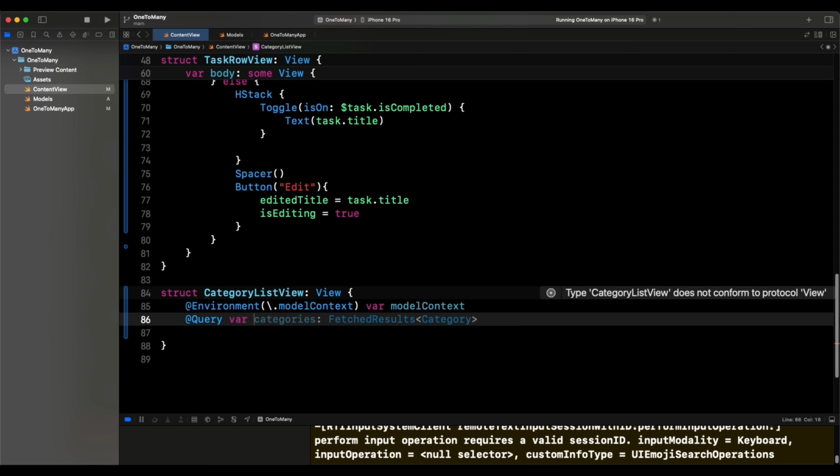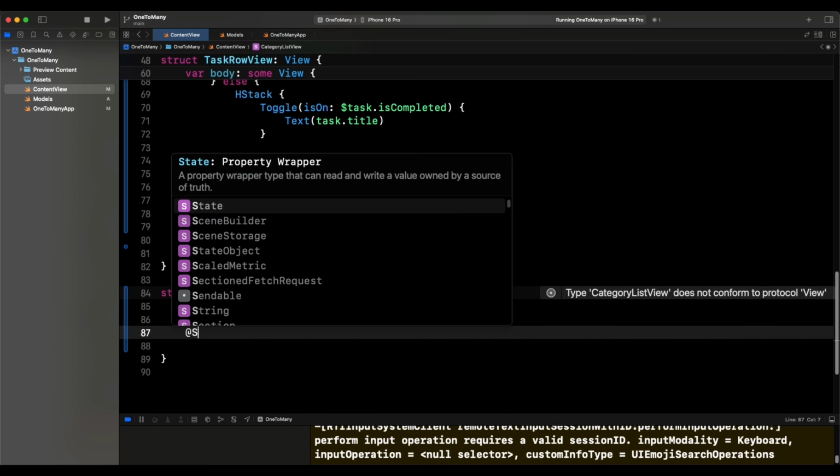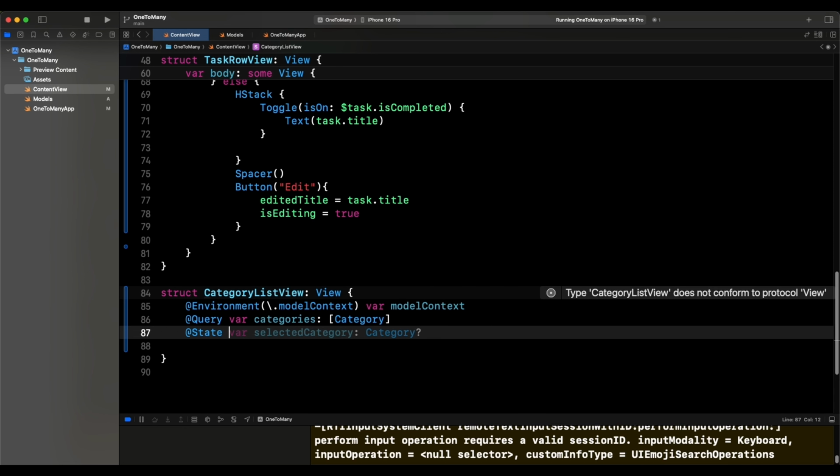We are not going to do any fancy filtering or sorting, right? So this is going to be var categories, and this is just going to be an array of category. Need a state variable, so we need an @State, and this is going to be